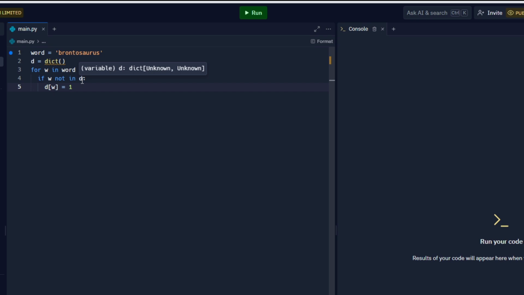But now, what if the letter appears twice? For example, O appears 2 times. So the first time it goes to O, it's going to put D of O equals 1. But now we want it to equal 2. Why? Because we want the value to increase if it appears twice. So because W, in this case O, does appear for the second time,